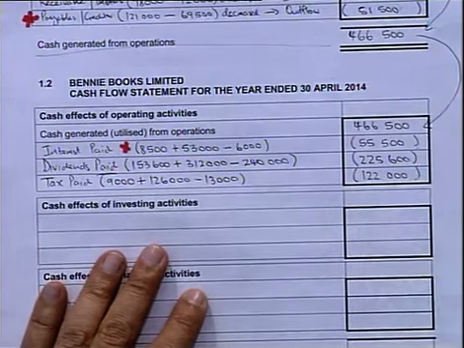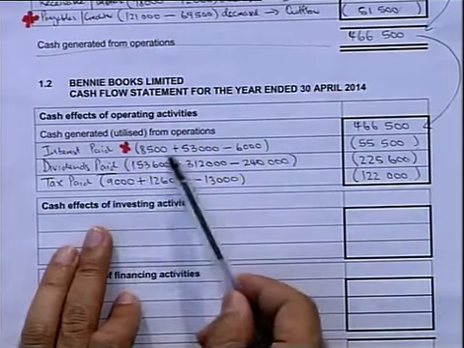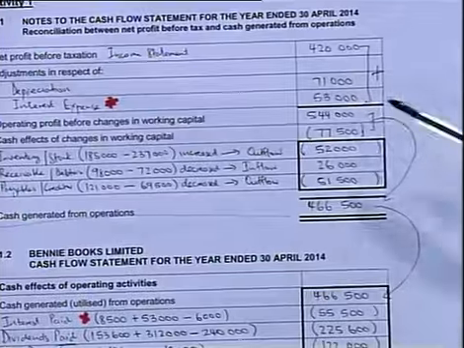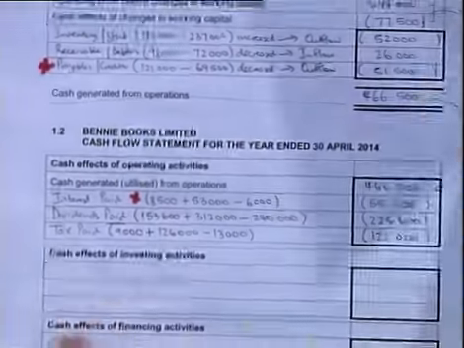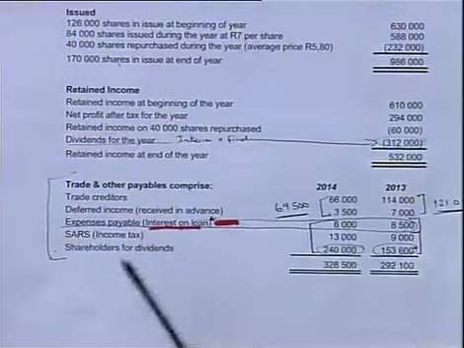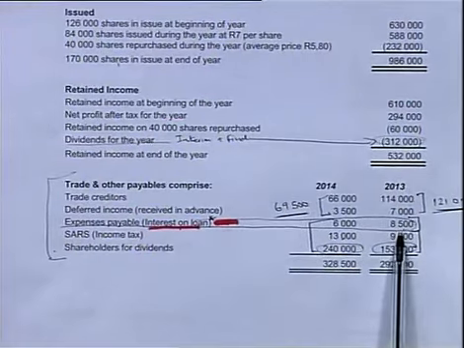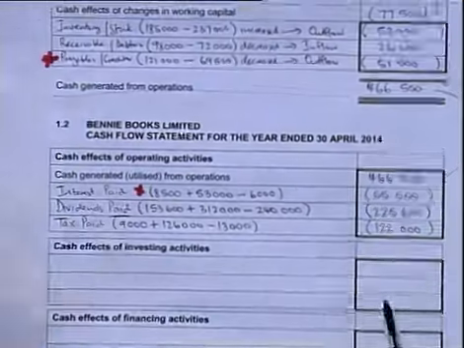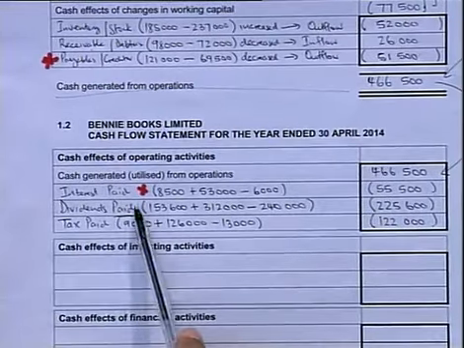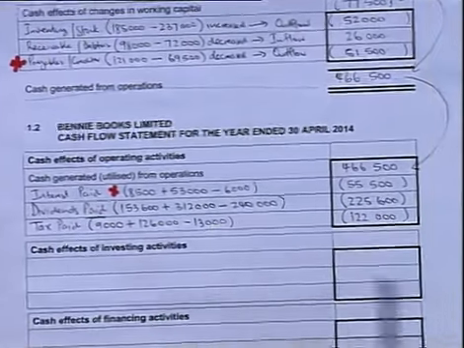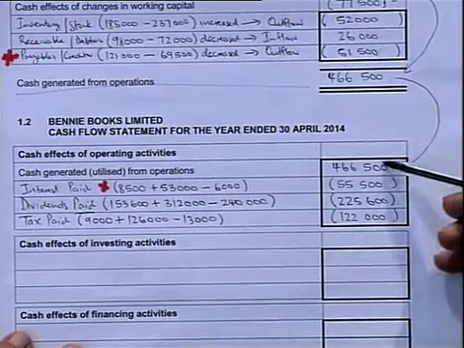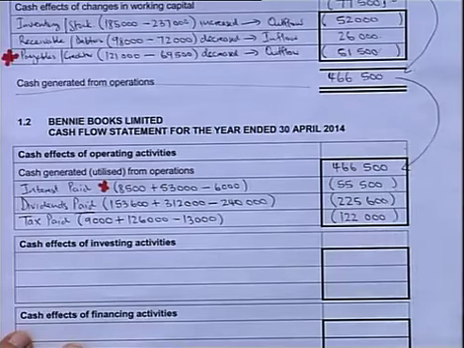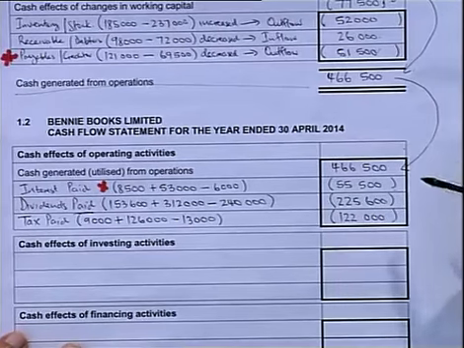So again, we have that interest paid figure not being the same as the interest expense figure because of the item under the payables. We have the shareholders over there and we have the SARS income tax figures, and that we use to calculate the dividends and the tax paid. So all we do now, we have to offset those 4 figures that's in brackets and write the net effect on top, which is the